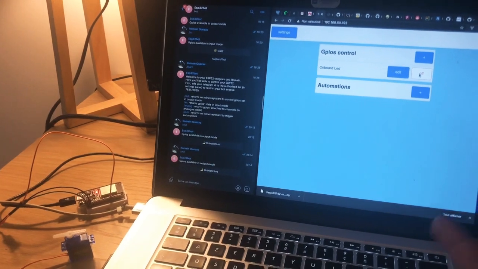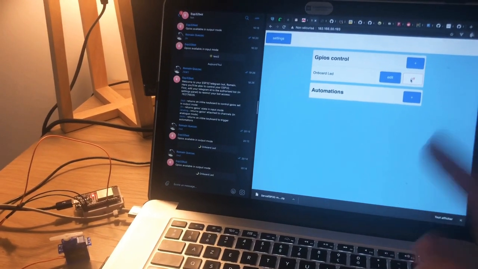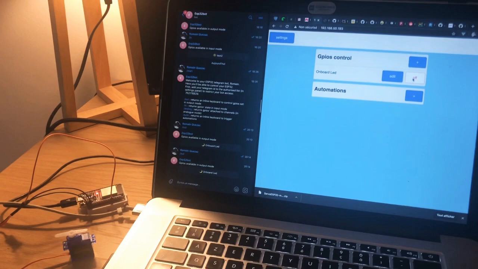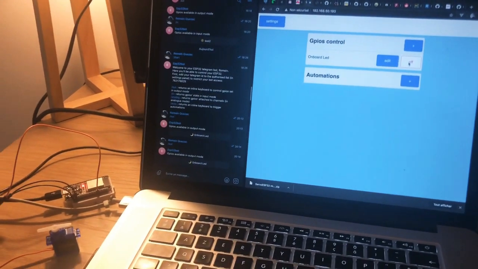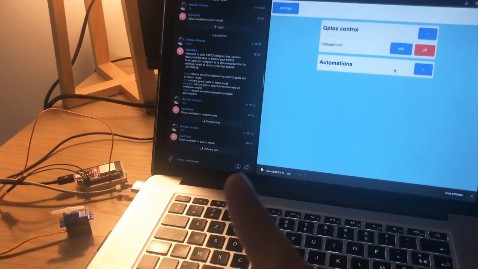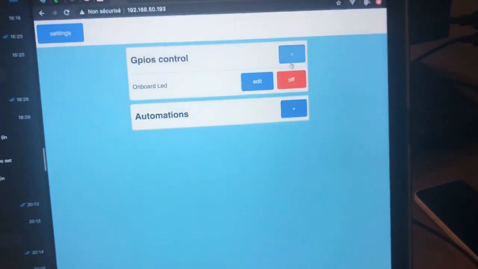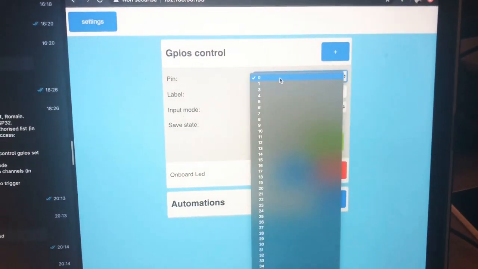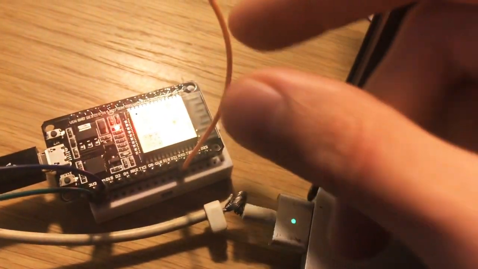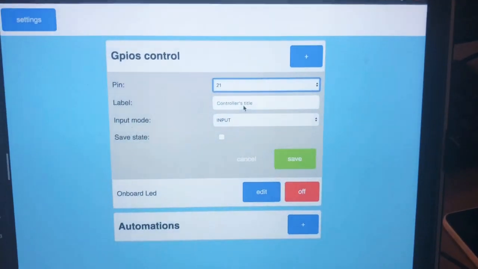It's a bit slow because it's using Wi-Fi, and my Wi-Fi is using a Raspberry Pi as a hotspot, so it's very slow. So what we can do now is control that one here with the same process, adding it here with pin 21. That's what I think it is, yeah, it's plugged on the 21, right? Call it servo,